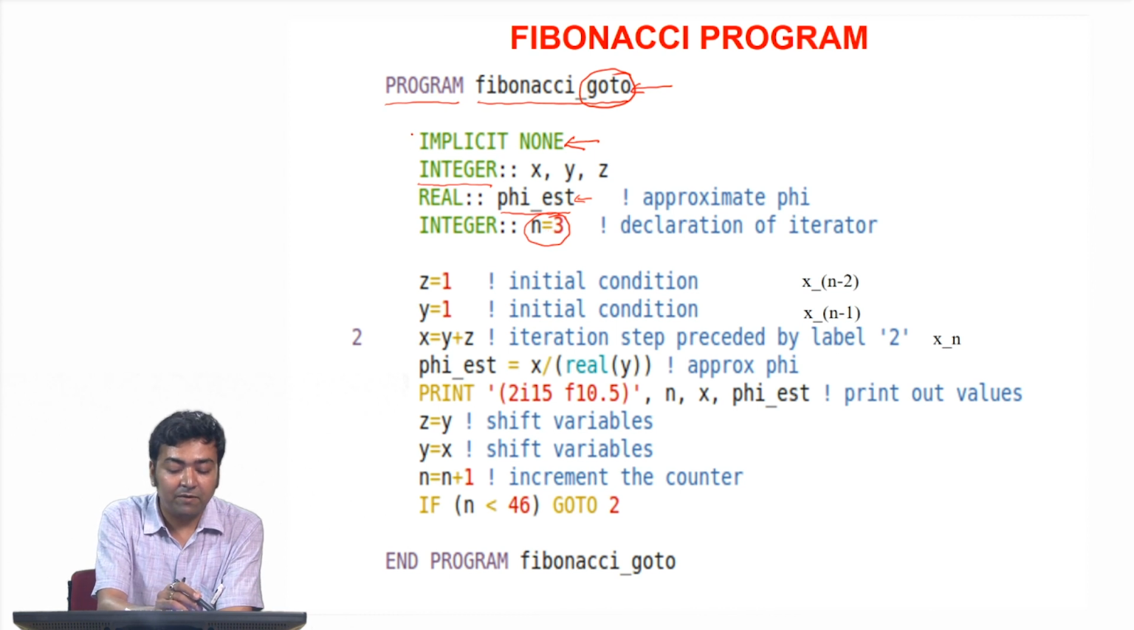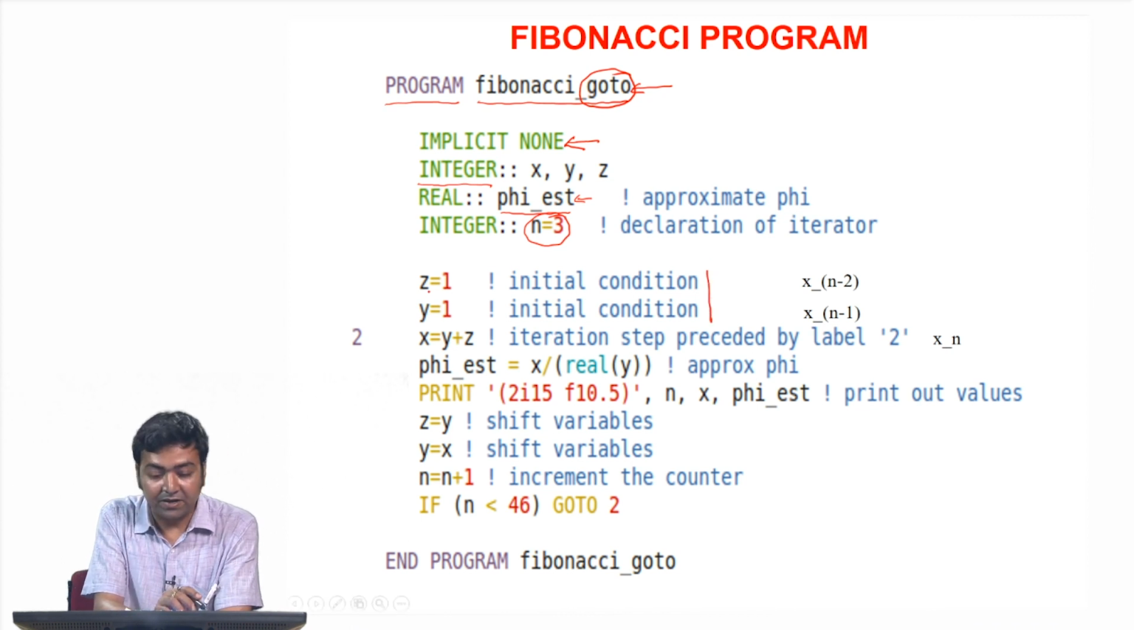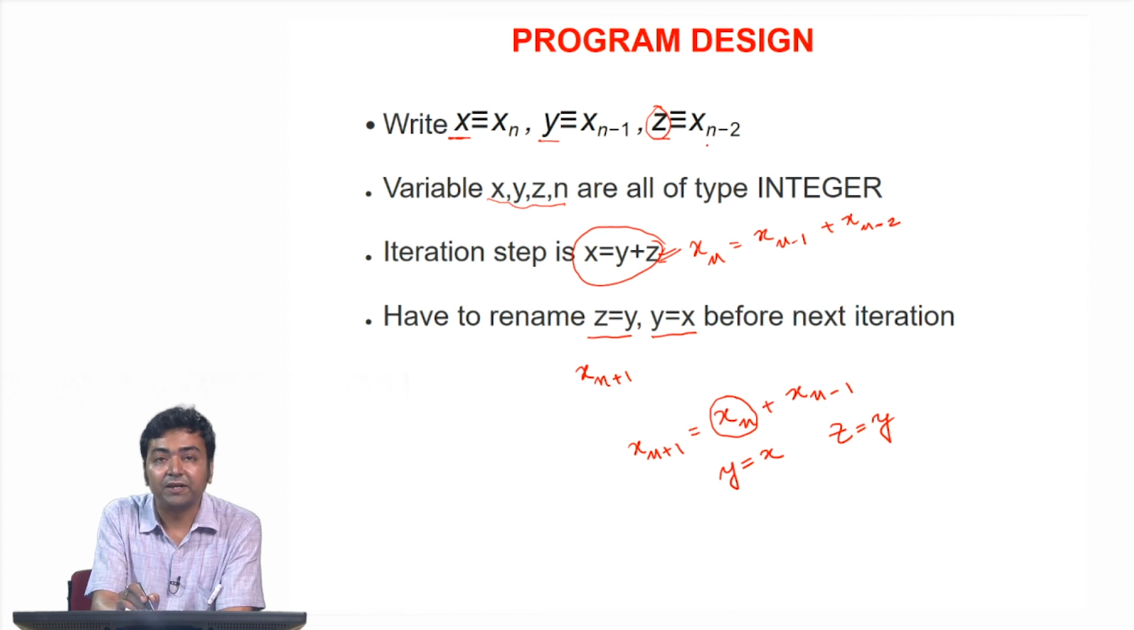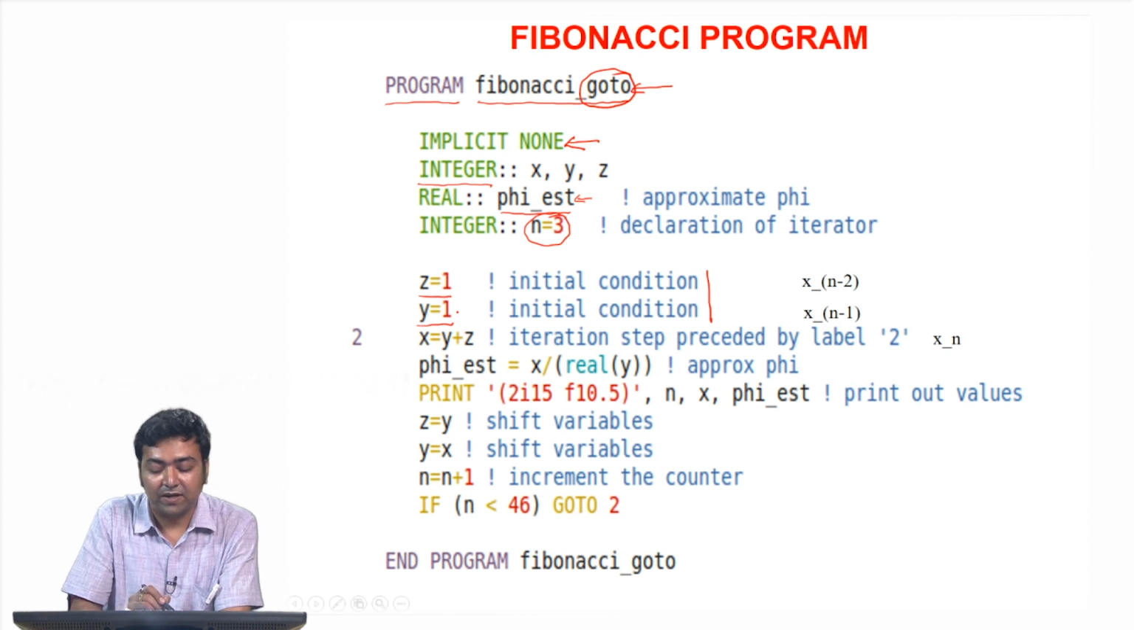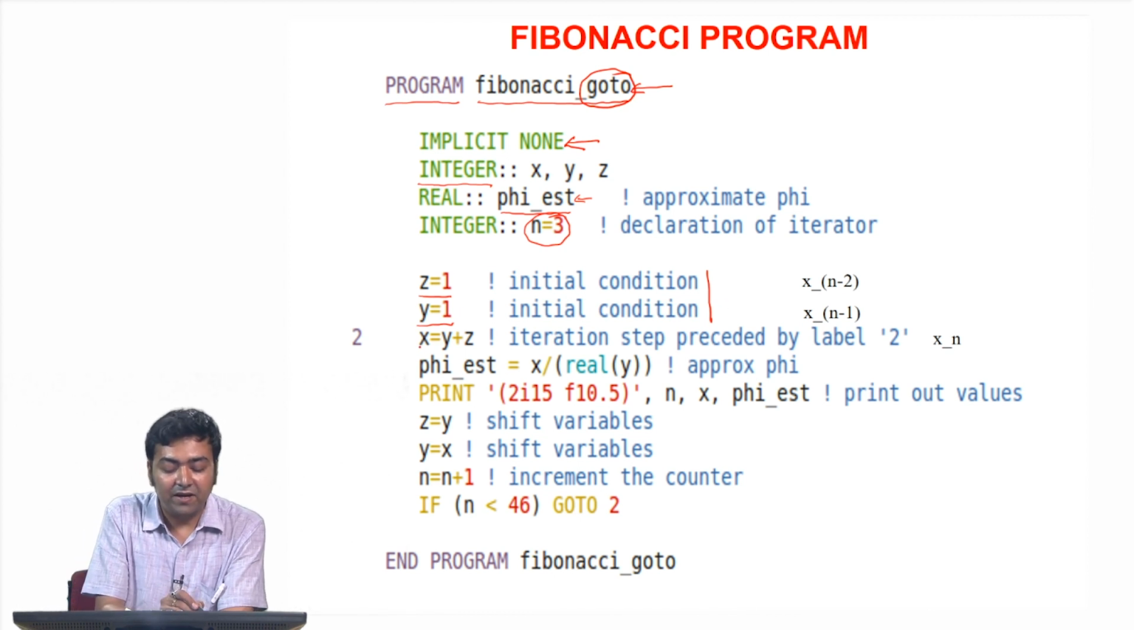So, once I have declared my variables, now I come to the main part of the program. First I set the initial conditions. Remember z, as I mentioned here also, is my n minus 2 and y is my n minus 1. For the first two numbers of the series are always 1. So, I have set z equals to 1 and y equals to 1 as the iteration condition, and then I proceed to